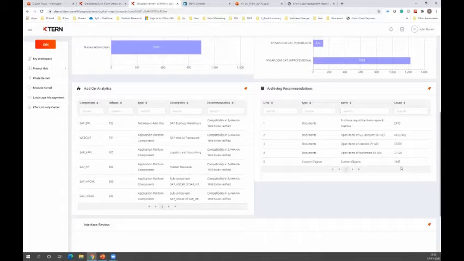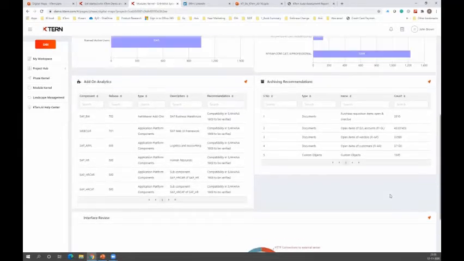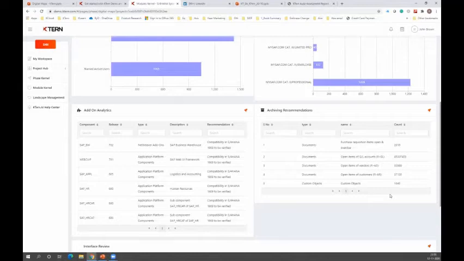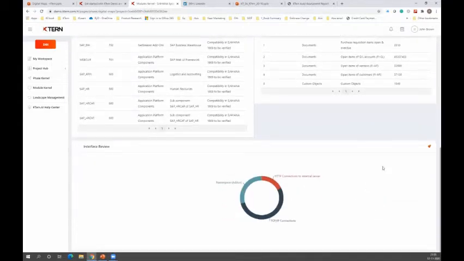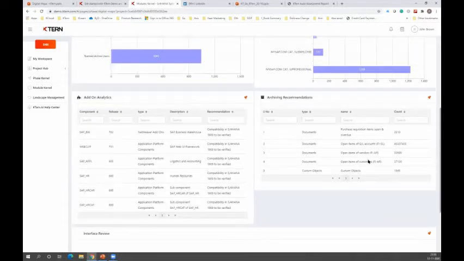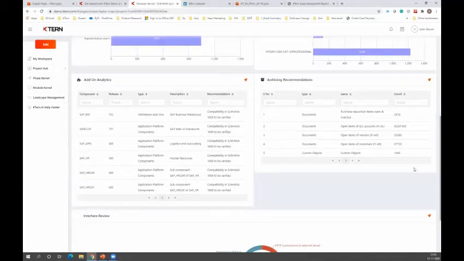Then there is the list of archiving recommendations in terms of logs that are present, because recently at one customer place we had close to 500 GB of logs being generated for an IS Retail company, which was not essentially required, and should we purge that? One of the concerns when customers move their SAP workload is that they don't want to do it on premise, and probably they are looking at moving it to the cloud, to the super cloud. Then there is a complete interface review as well, in terms of how your current ECC system is connected and what should be tested when you move to the new world.